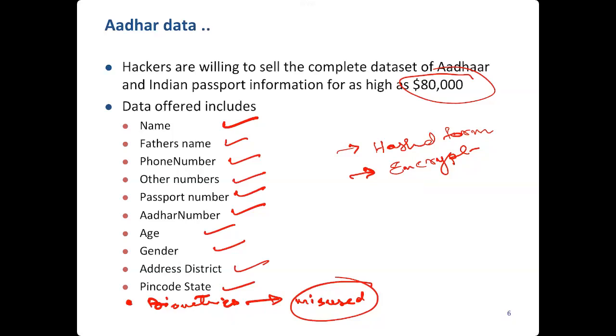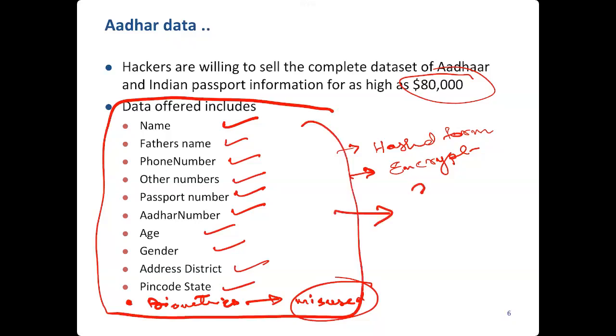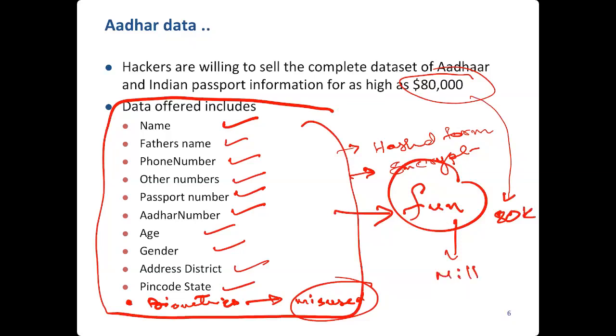Somebody is going to buy this data. Is that person buying it for fun? There is money, and if paying up to 80K will make a few millions out of it, right? How will it make millions? Like that person can do identity theft against us. He can do something bad and use our name for it. Yeah, that's very good.